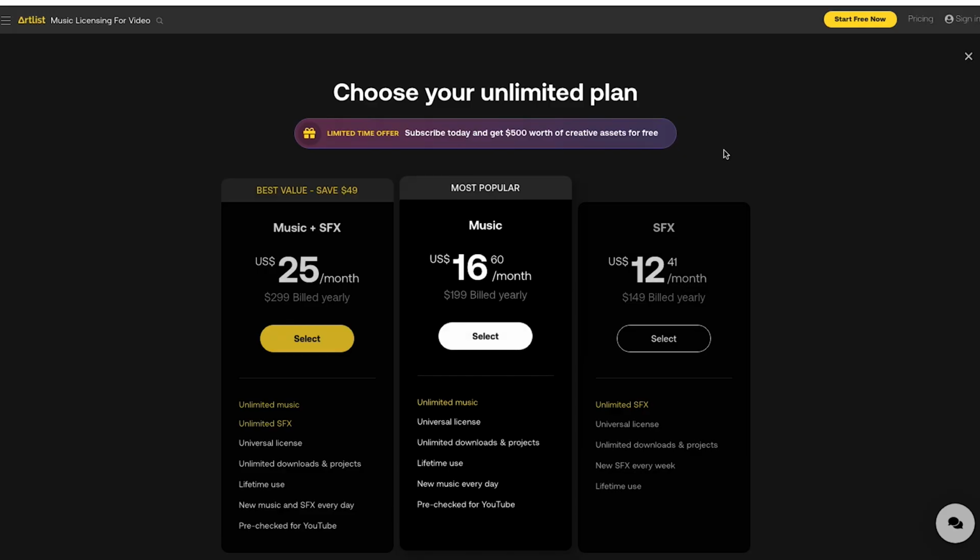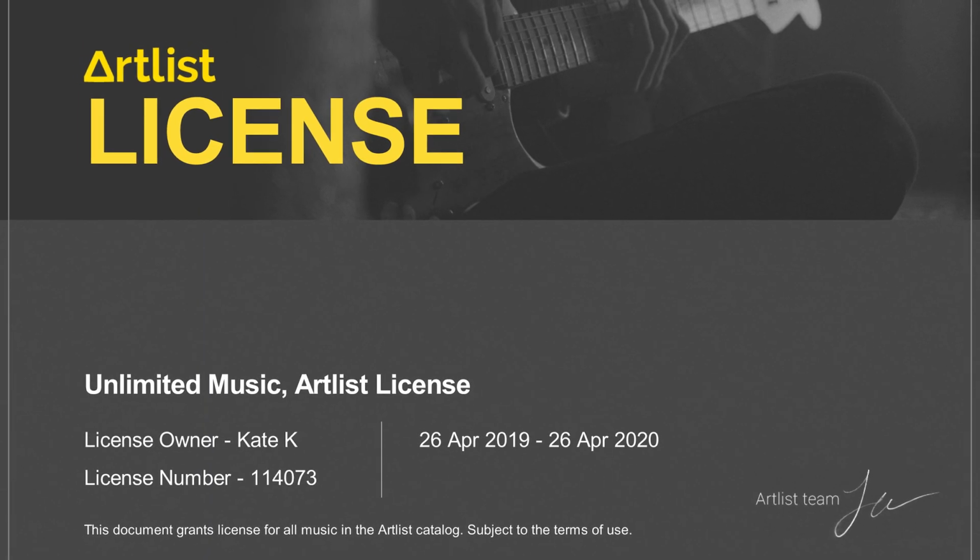What Artlist does is charge you a flat $200 rate for the entire year, and it covers every single type of project you could ever work on for your entire life. Now, this is absolutely amazing because if you work on a bunch of projects in 1 year and you download songs from Artlist.io, you have a subscription, you use the songs on all these paid projects, even if the following year or in 5 years from now, 10 years from now, you cancel your Artlist.io subscription, all of your clients and you and the music artists are all covered under that one lifetime license just because you purchased a subscription to Artlist.io one time.